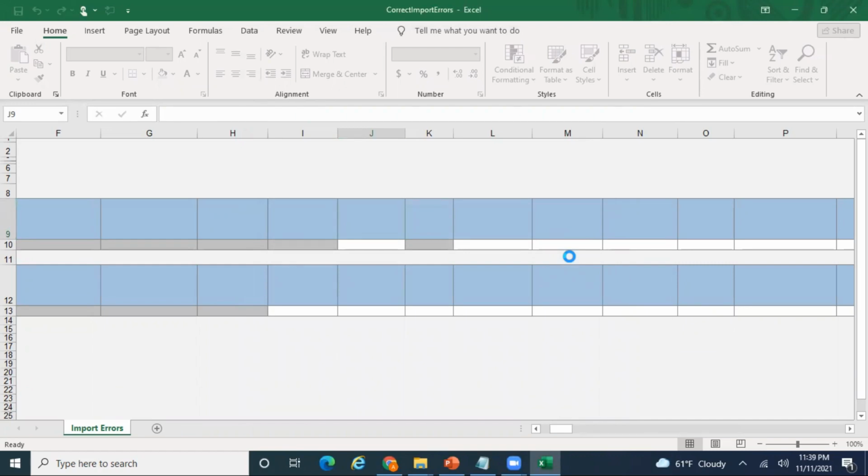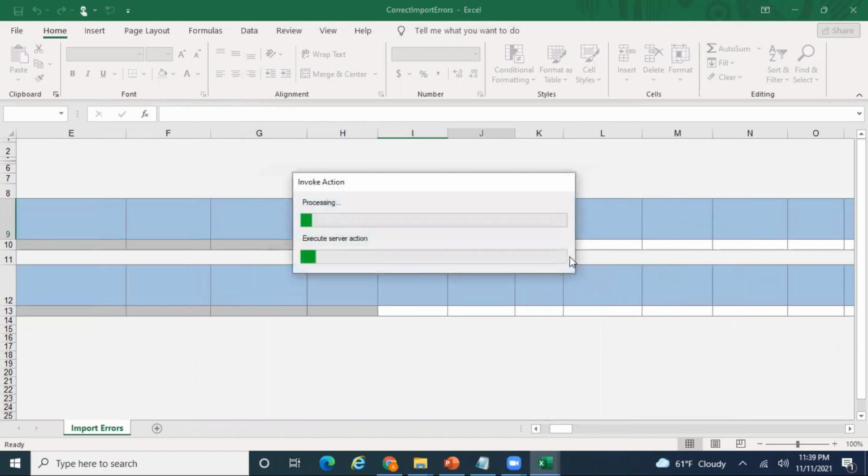Now this particular step is downloading all the records which are currently stuck in the interface table with some kind of an error. There are a lot of records stuck in the interface table in this environment, so I'll just pick one such record and show you how to correct and then import the same.